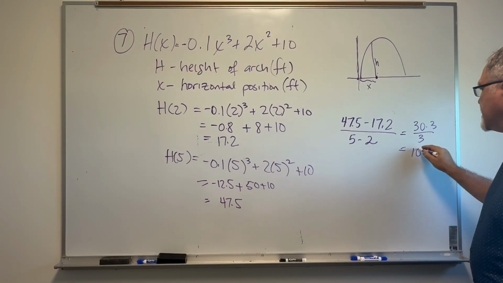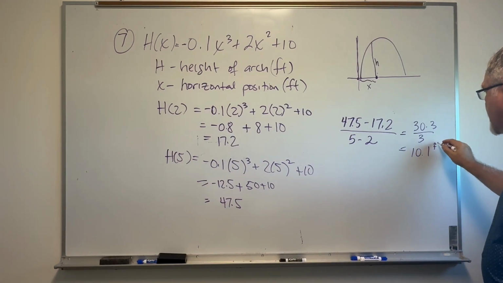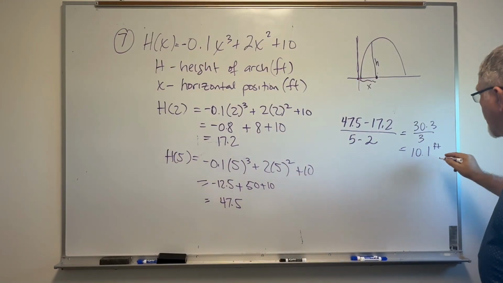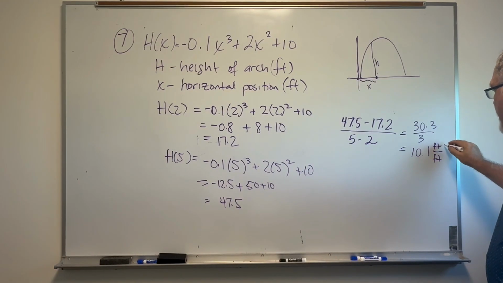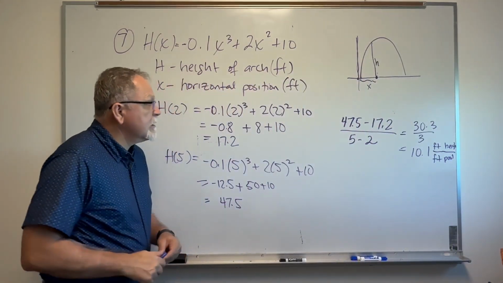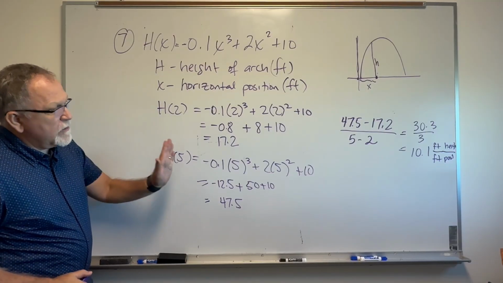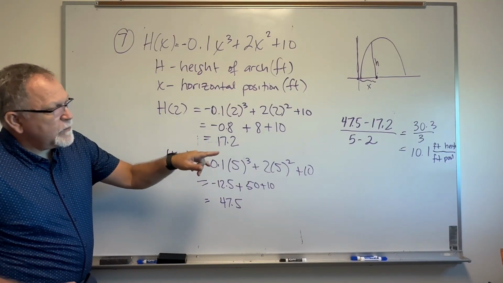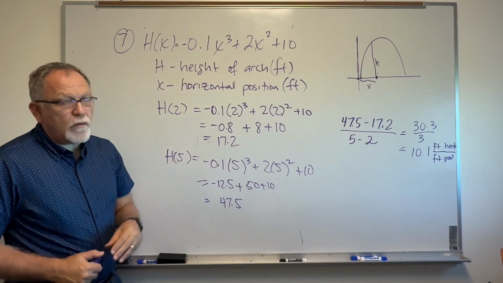So all told, I get 10.1 units of height, so feet, and those are height feet per position feet. This is foot per foot. Height of foot of height per foot of position. So what does that mean? That means that between 2 feet and 5 feet, the average increase is 10.1 vertical feet per 1 horizontal position